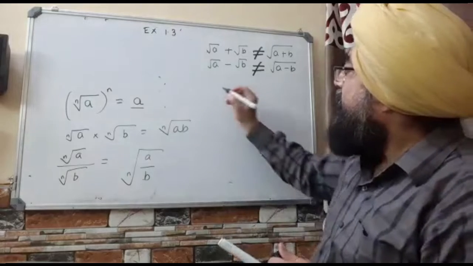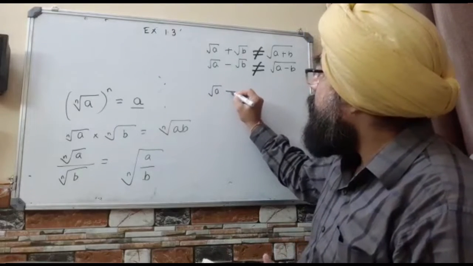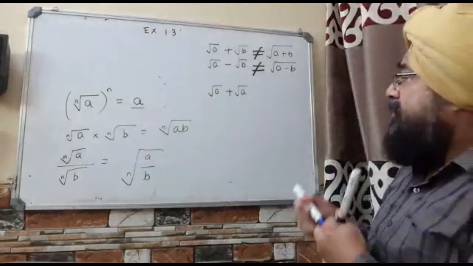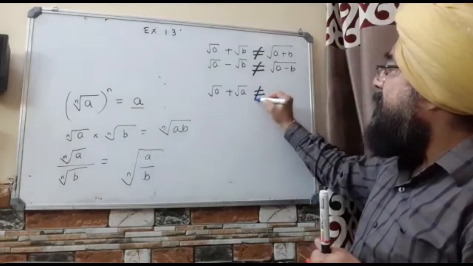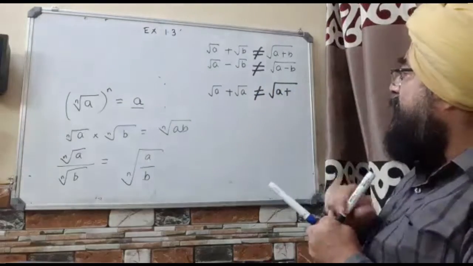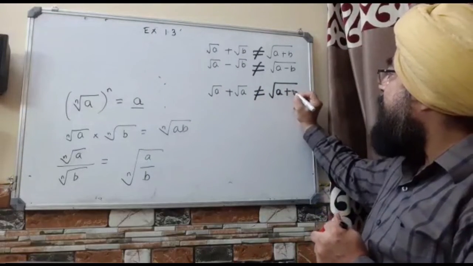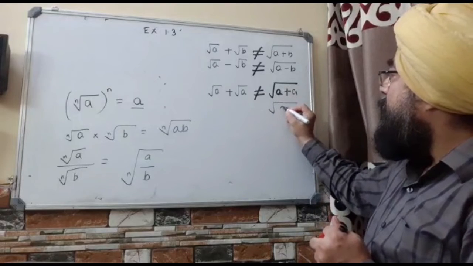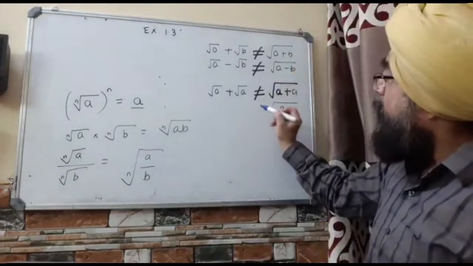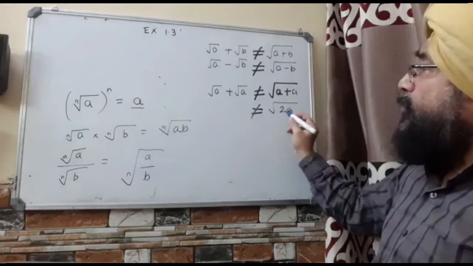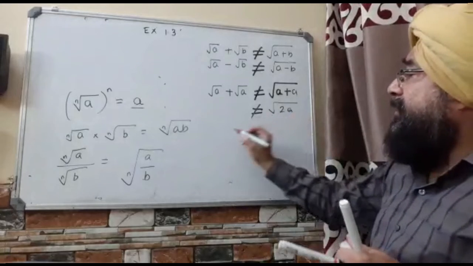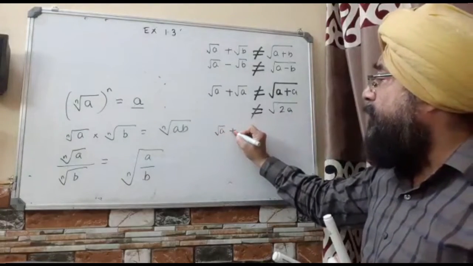That is, if it is root A plus root A, what you should not think is that it is equal to under root of A plus A, or you can say under root of 2A. You should not think about it. In fact, what should you think? Yes, you are correct. You should think that root A plus root A